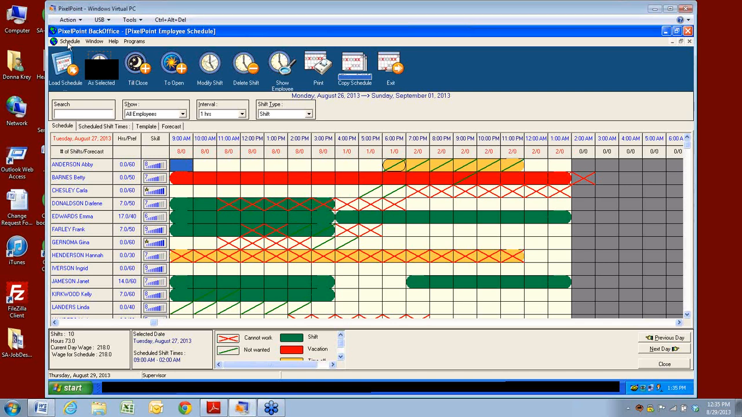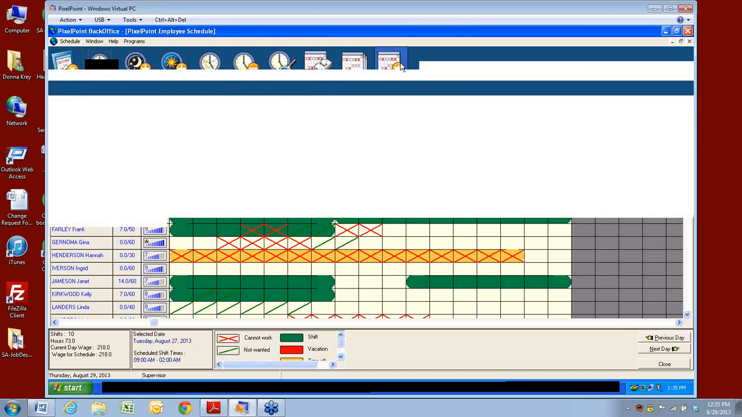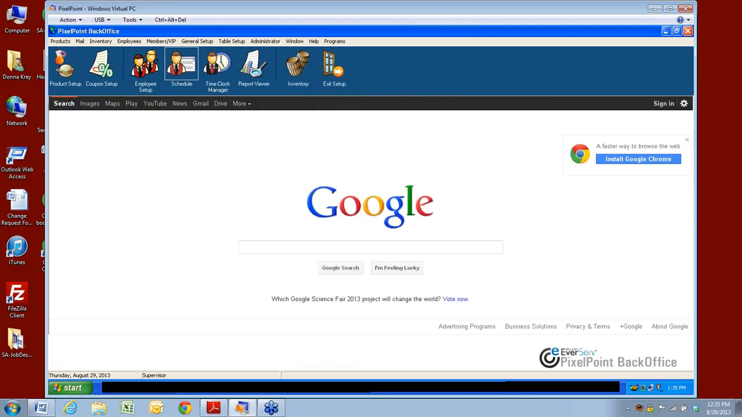I think that covers all the bells and whistles of it and what you can do and how you play with it. All right, and we're going to exit out of there. Okay,